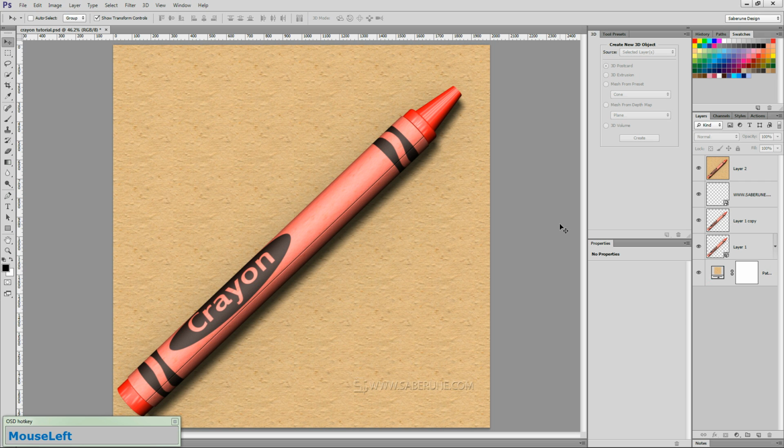In today's tutorial, we'll be making a photorealistic crayon. There's a lot of stuff going on in this tutorial, but the main focus is how you can use maps to manipulate different elements of the environment to achieve two completely different effects simultaneously in different areas of the same